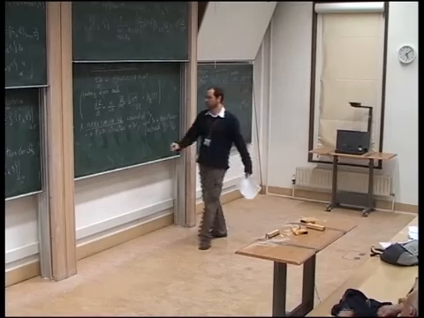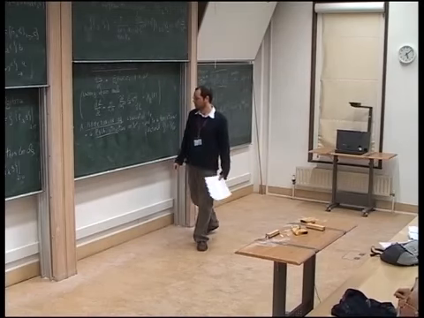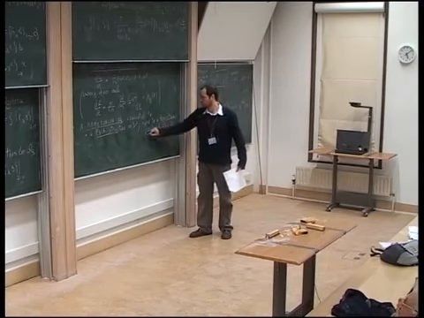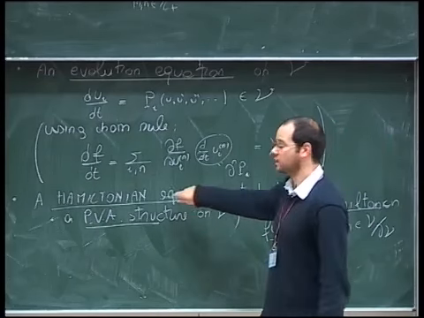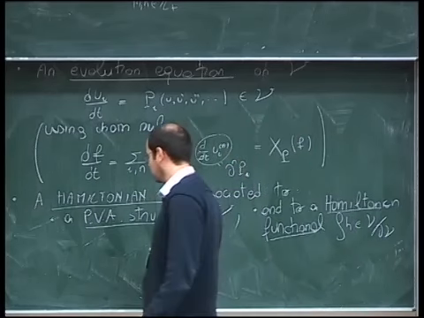So when we have a certain Poisson vertex algebra structure, namely a lambda bracket, and a certain local function that we call Hamiltonian function, we associate to this data a certain Hamiltonian equation, which is the following: